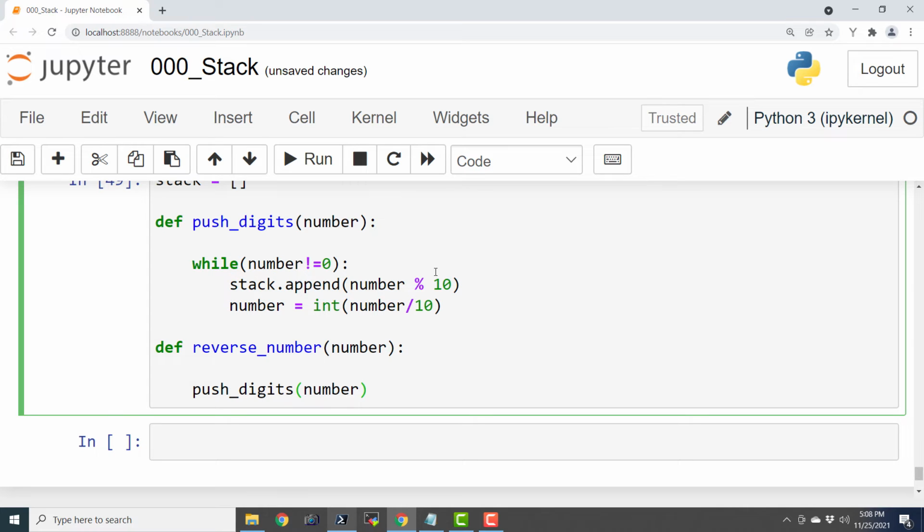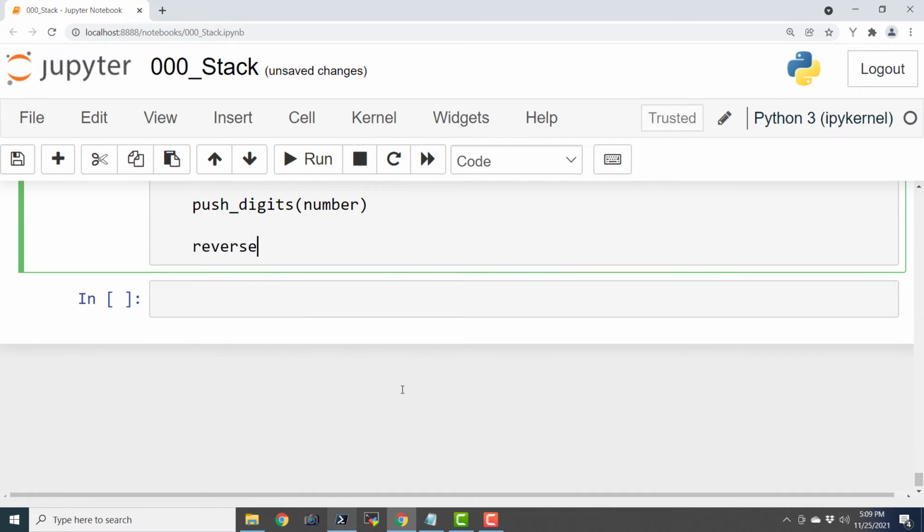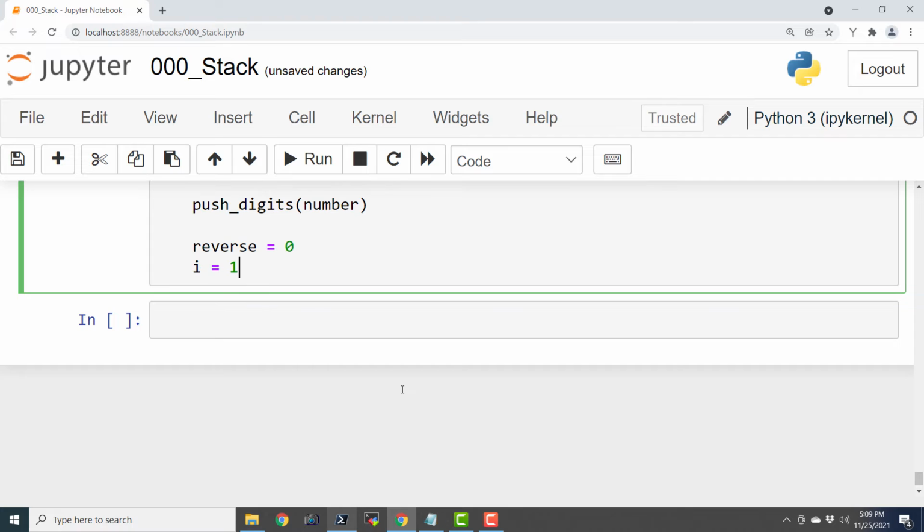We are pushing the digits of that number here, and we are basically calling this push_digits. Now let us say reverse. So in this variable we are going to store the reversed number, and let us say i equals to 1.